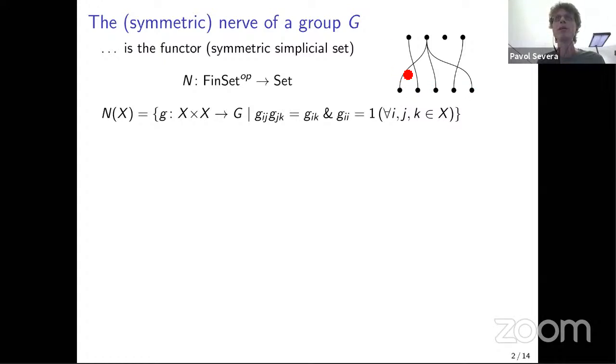And if you have a map, it's represented by who goes where using these curves. For the standard simplex category, one would take only order-preserving maps as morphisms, so we couldn't have these kind of crossings, but I do want to have these crossings. That's why this will be called in the end a symmetric simplicial set. And if we want to be really fancy about this category of finite sets, I can say that it's a symmetric monoidal category, which is generated by a single object.